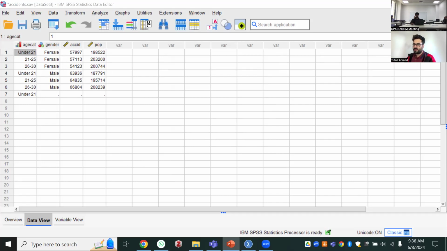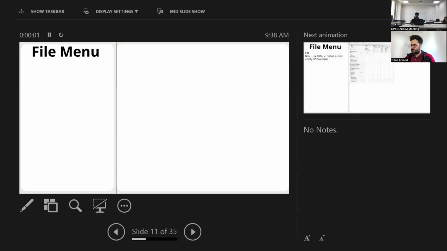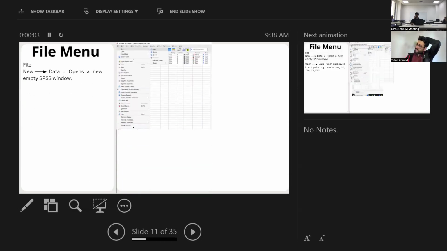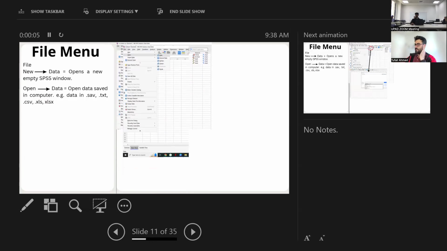So now the next thing which we will do, I will show in SPSS as well, is how we can import data. We already made a new data set in SPSS. But if we have data in any other format, let's say in Excel or in text data, how can we add them?